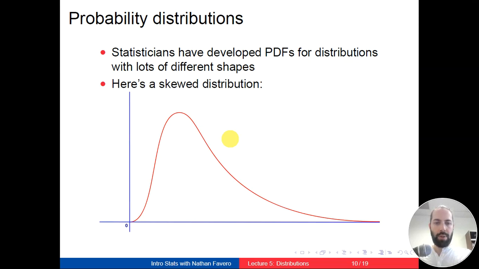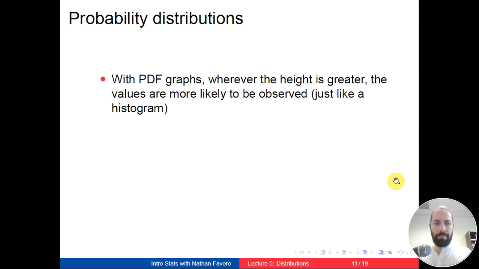So here's an example, though, of a skewed distribution. This is called the chi-squared distribution, or one version of the chi-squared distribution. And you can see that this tail on the right side is very long, and we have a short little tail over here on this side, right? So a lot of the same language we use to describe distributions of data, we can use to describe probability distributions, right? We would say this is right skewed because there are outliers over here that are likely to occur on the right side of the distribution.